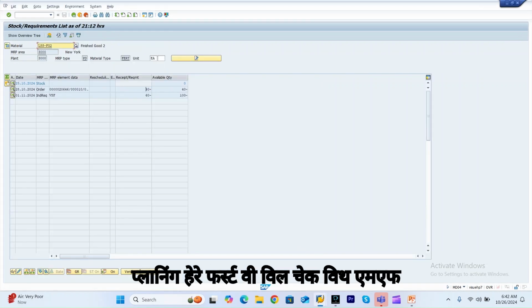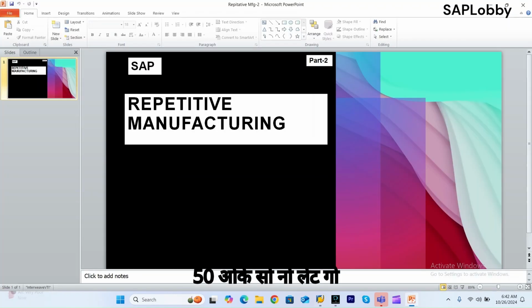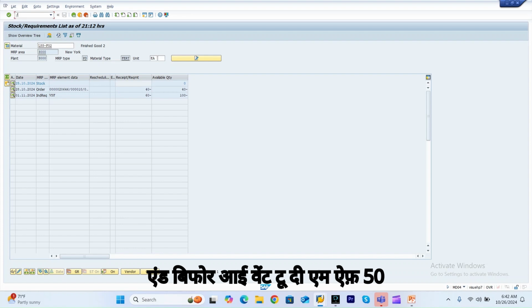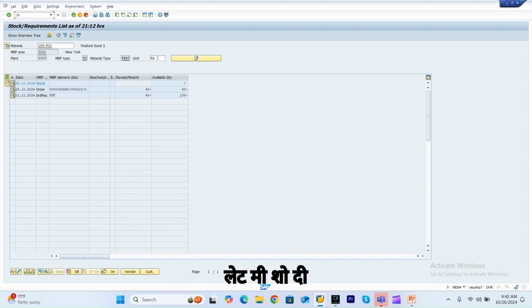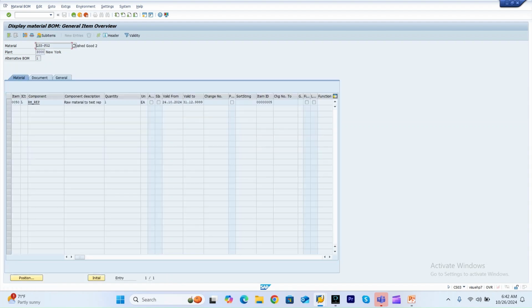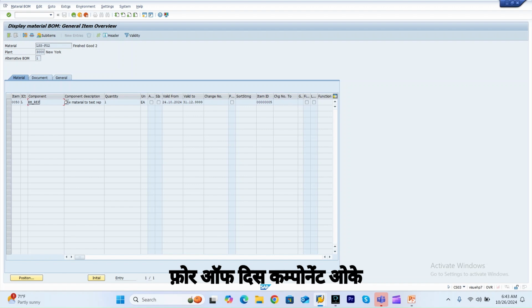For planning here, first we'll check with MF50. Before I go to MF50, let me show the BOM for this one. So this is one material component. And if I go to MD04 of this component,